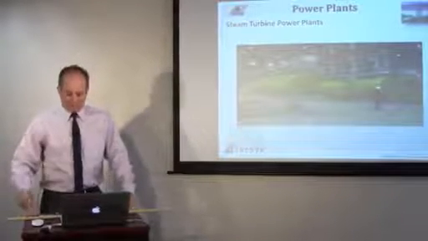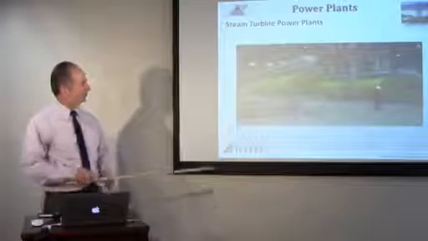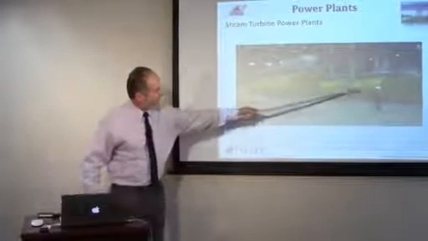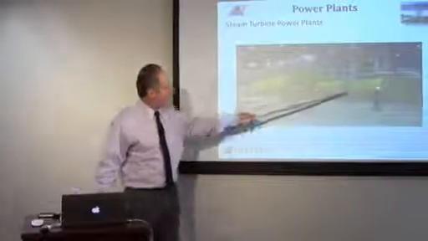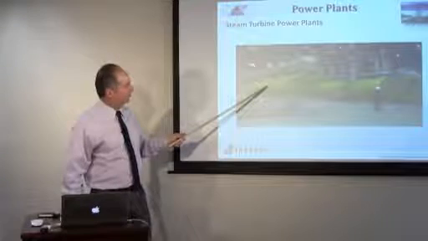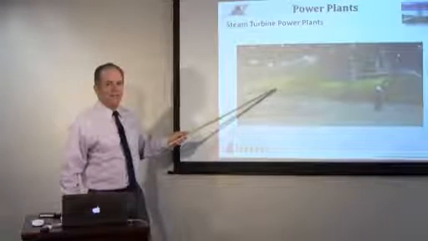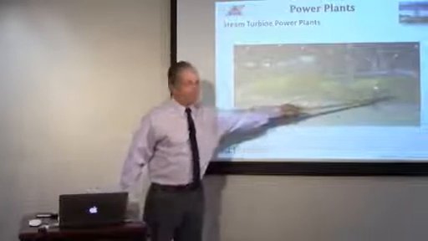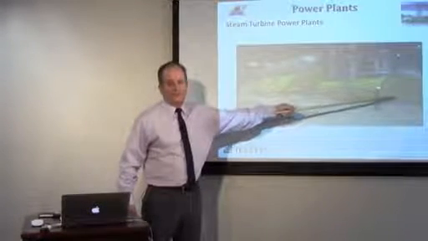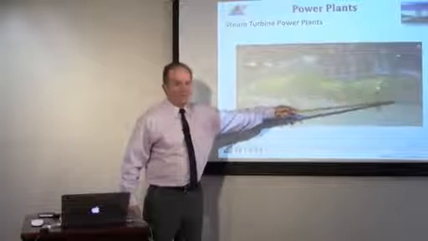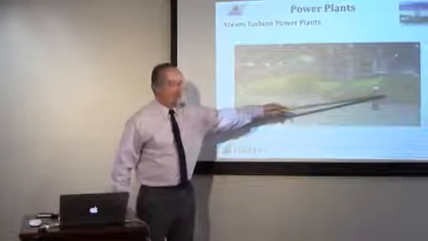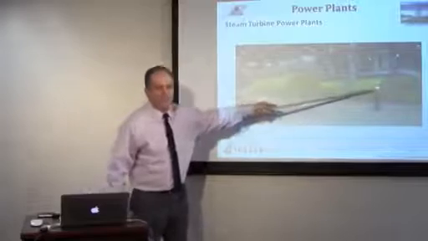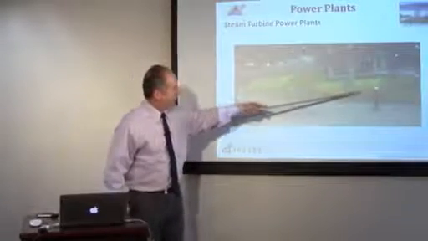So, starting out with steam turbine power plants. Here's a picture of a steam turbine at a power plant, and what we have is the generator right here. This is the generator, and this is the steam turbine. This is what's providing the prime mover, turning the generator. This little compartment over here is the exciter. That's where you find the slip rings,